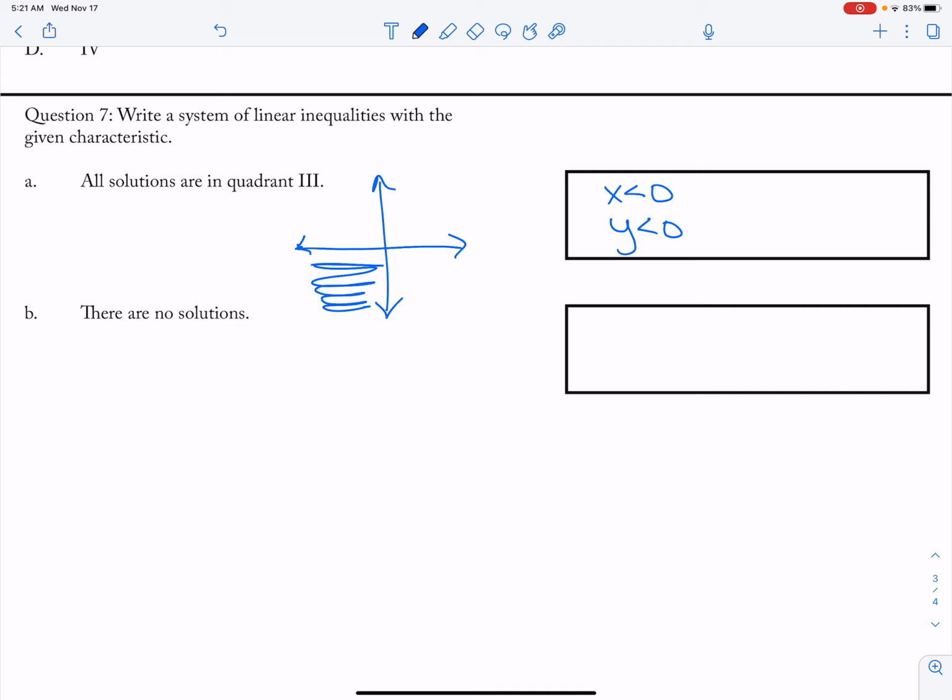Okay. For something with no solution, I could totally just pick vertical and horizontal lines. So I could go to the right here, x is greater than 0 here. And then I could go y is,